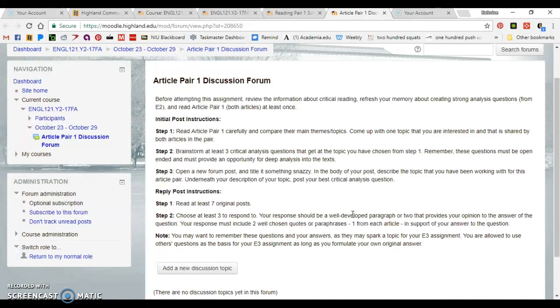Brainstorm those critical analysis questions. To do this, you might have to go back to some of the E2 resources. Remember, we talked about analysis questions and how to really figure out a question that deeply gets into the meaning of the text. Same thing here. Then post your best question. So your post is just posting your best question.